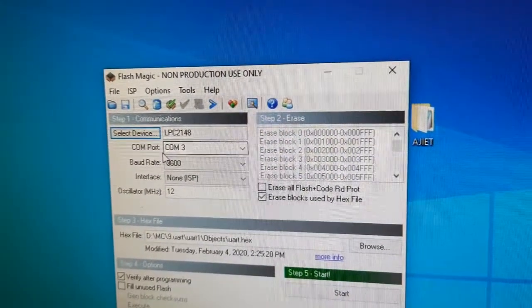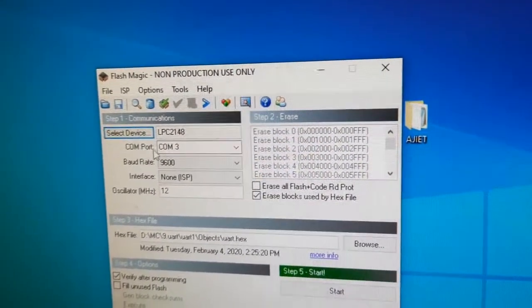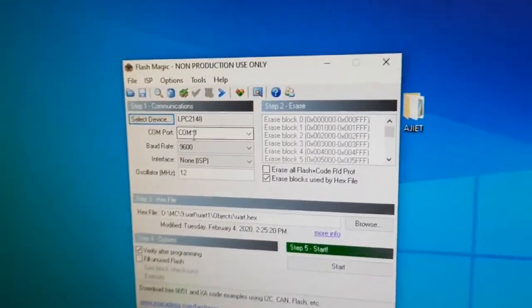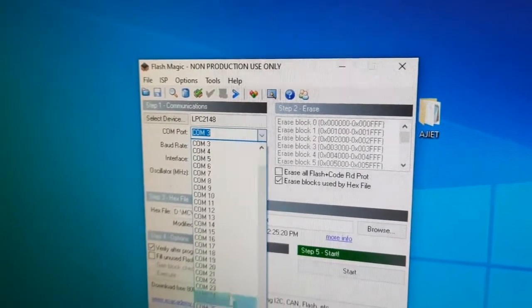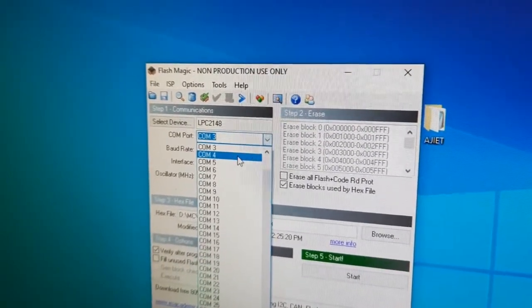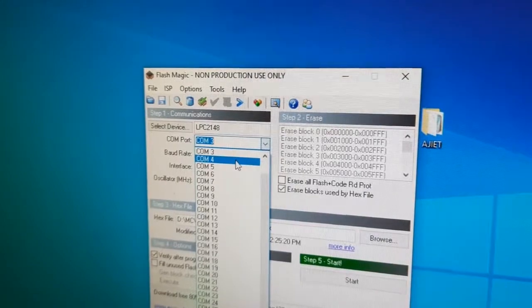Now second thing you have to select is communication port, COM port. So how to select here? We have a lot of communication ports. Which communication port is connected to your kit?